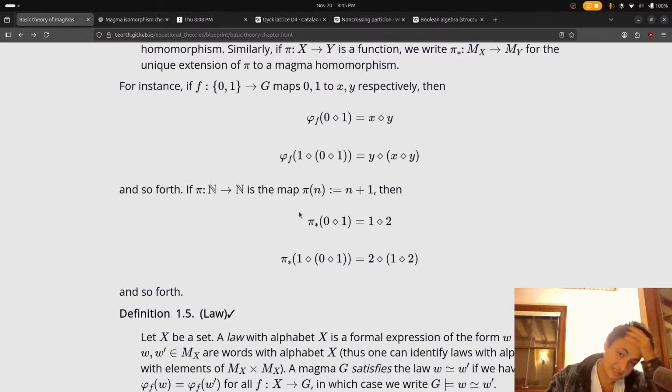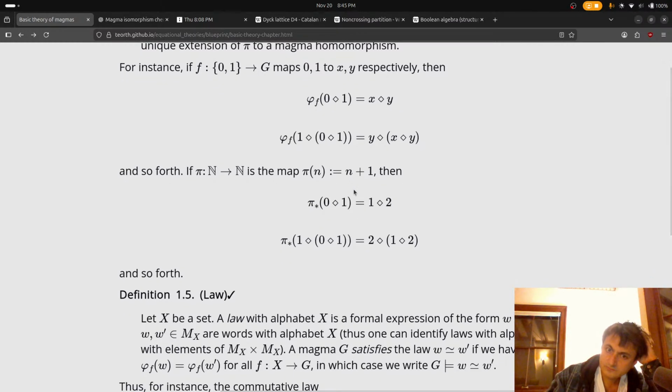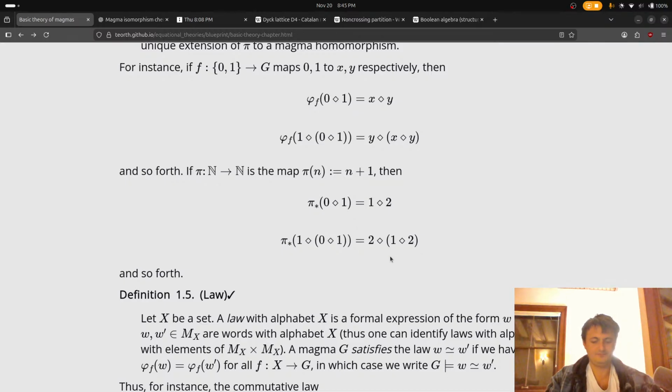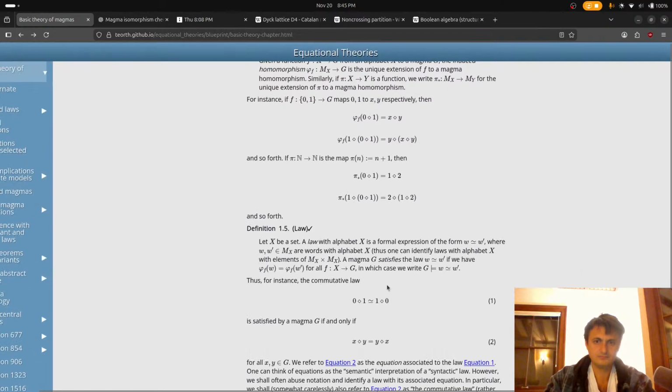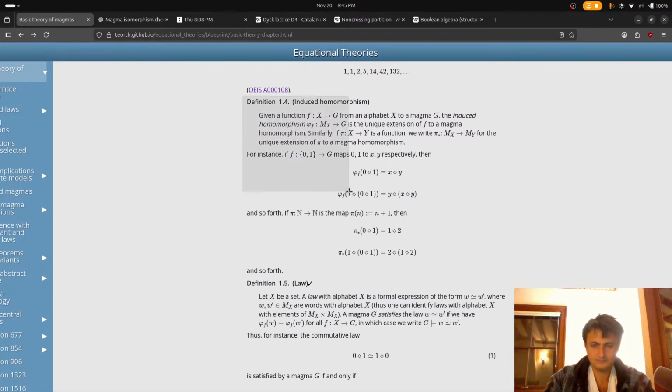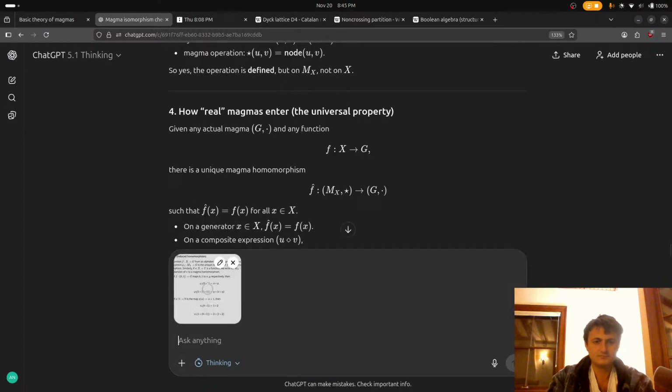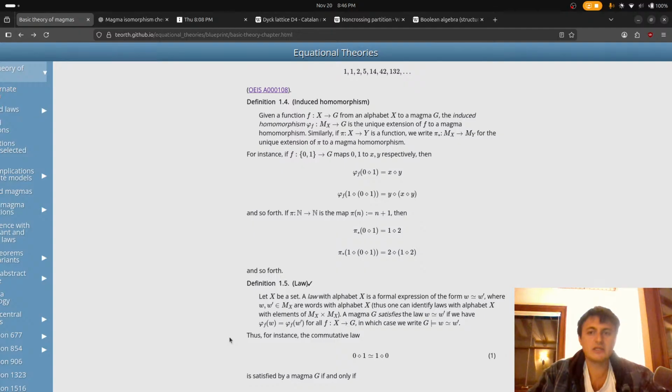If pi is a map between the natural numbers, those are some interesting examples. So what am I not understanding? That's what we need to figure out.